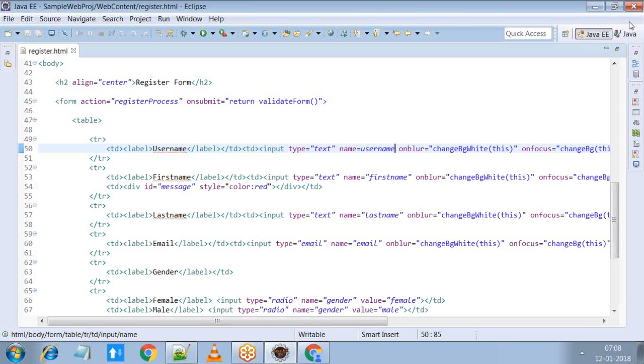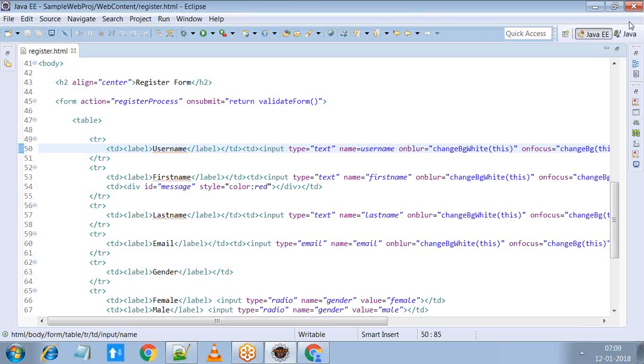But first of all, that username should be available. Let's say, what if the username is taken by some other user? In that case, the rest of the registration details are wasted. Right? Again, the user has to provide